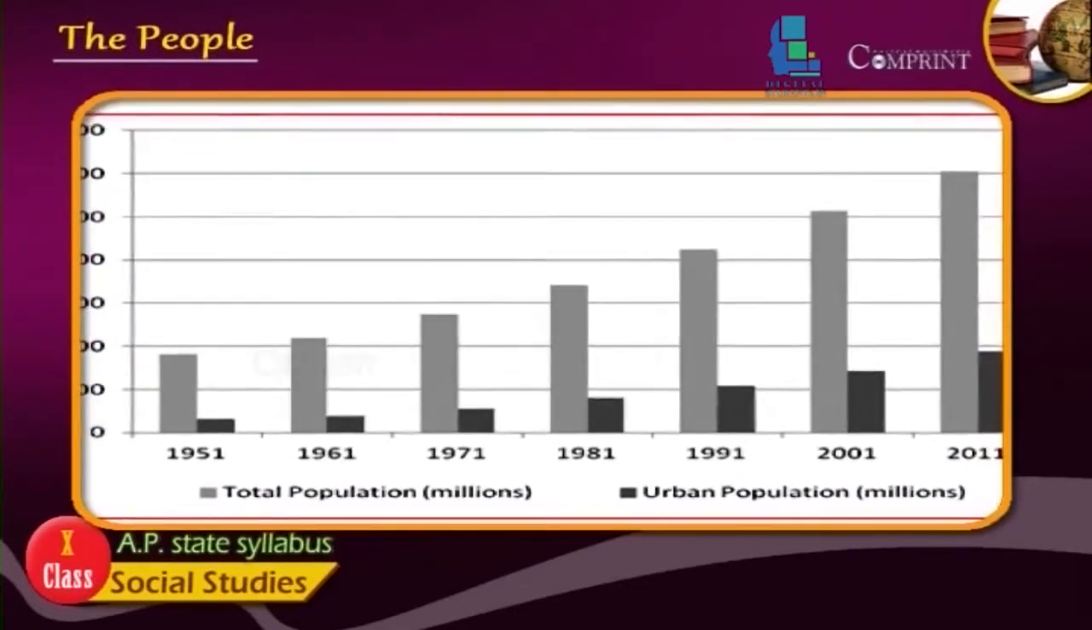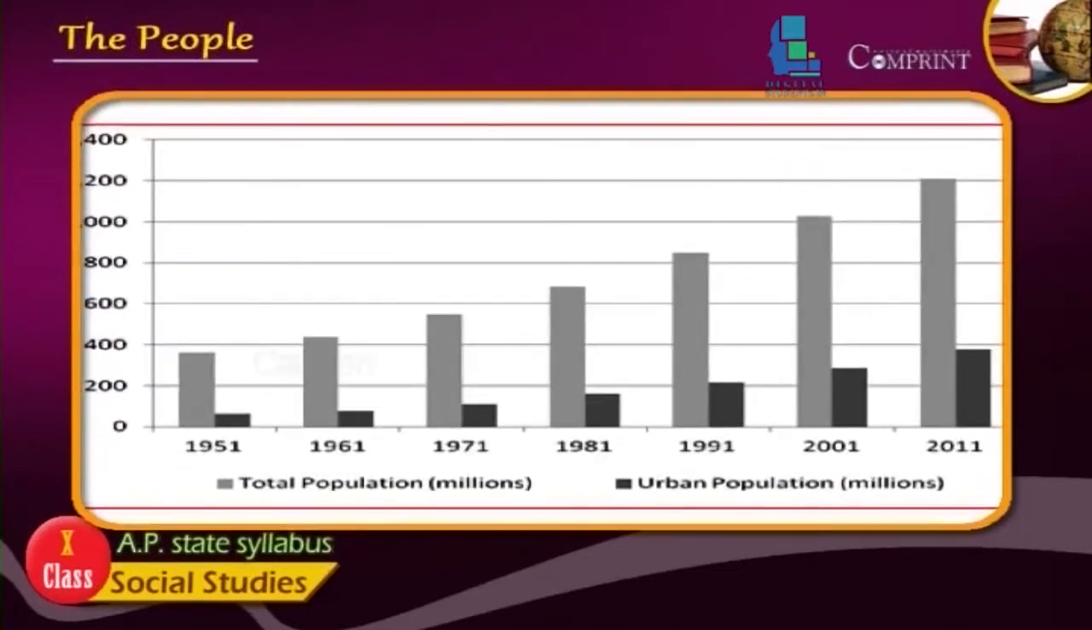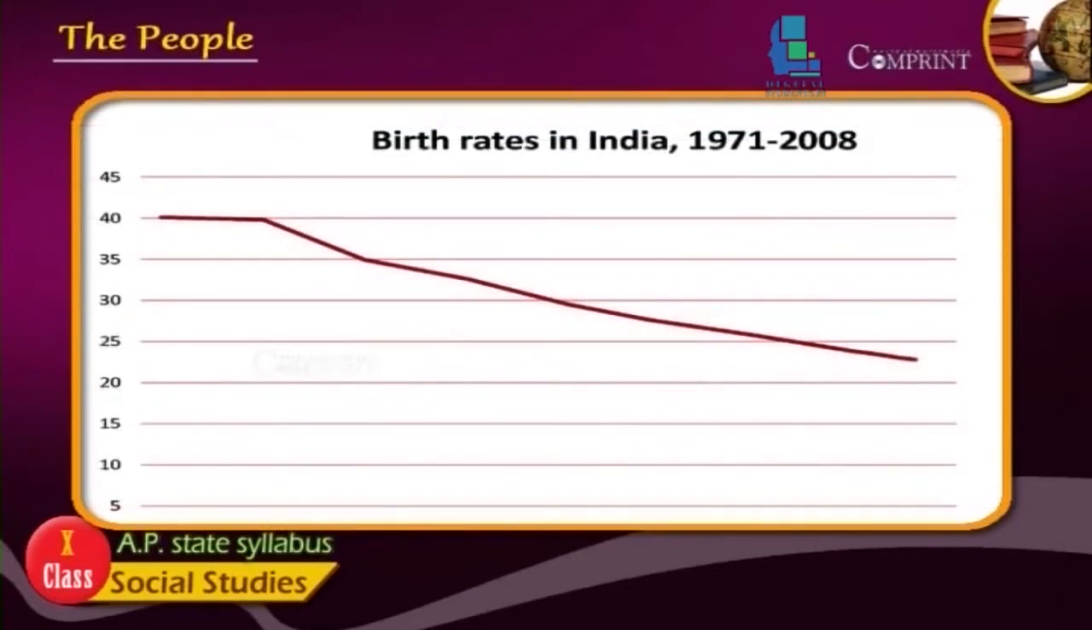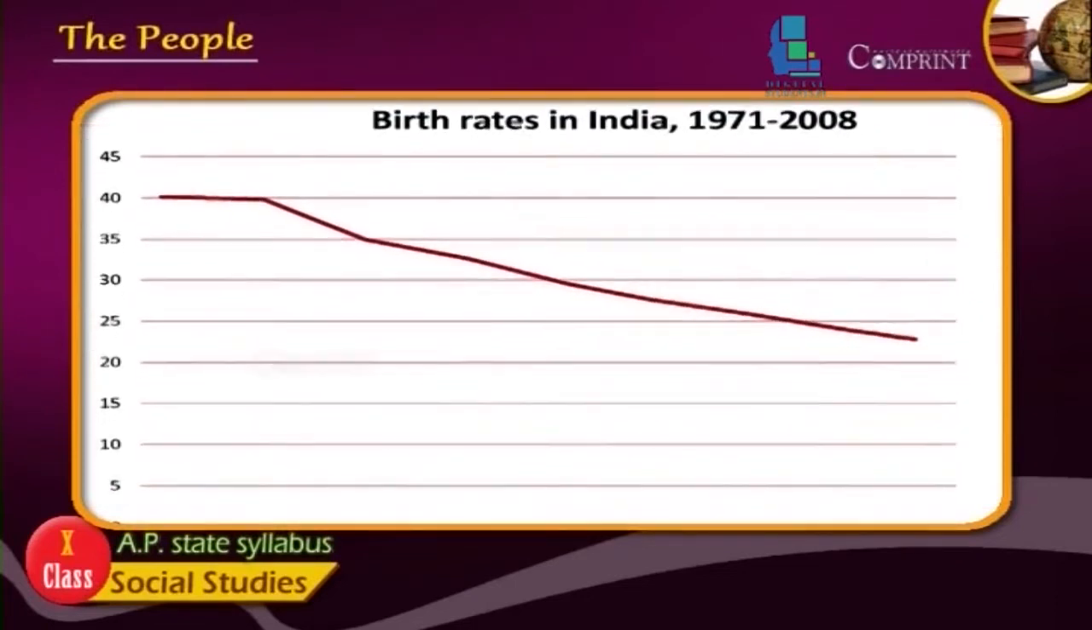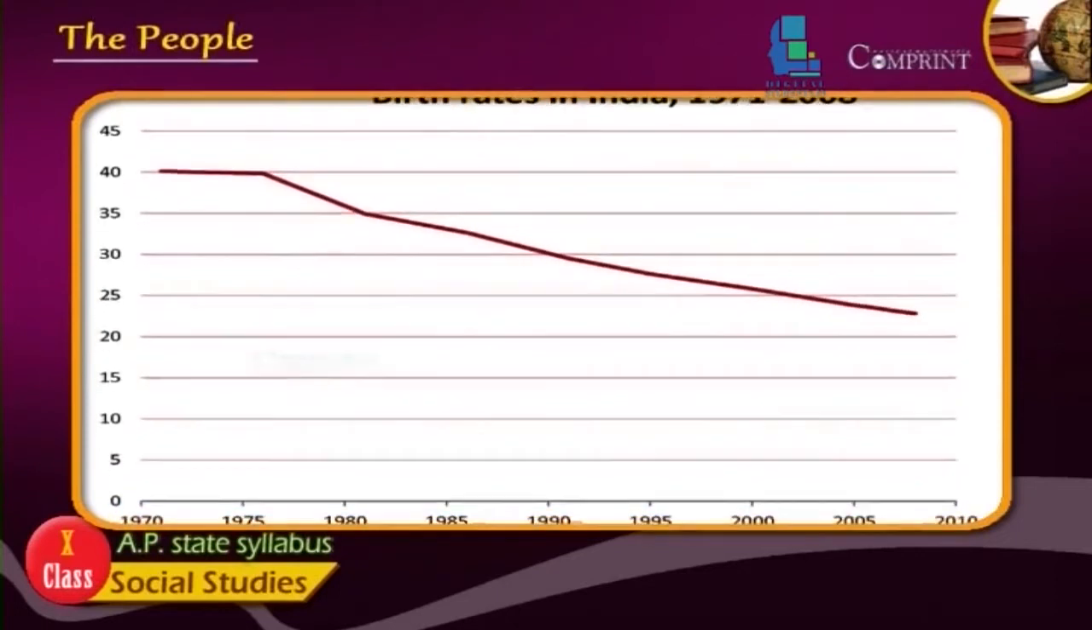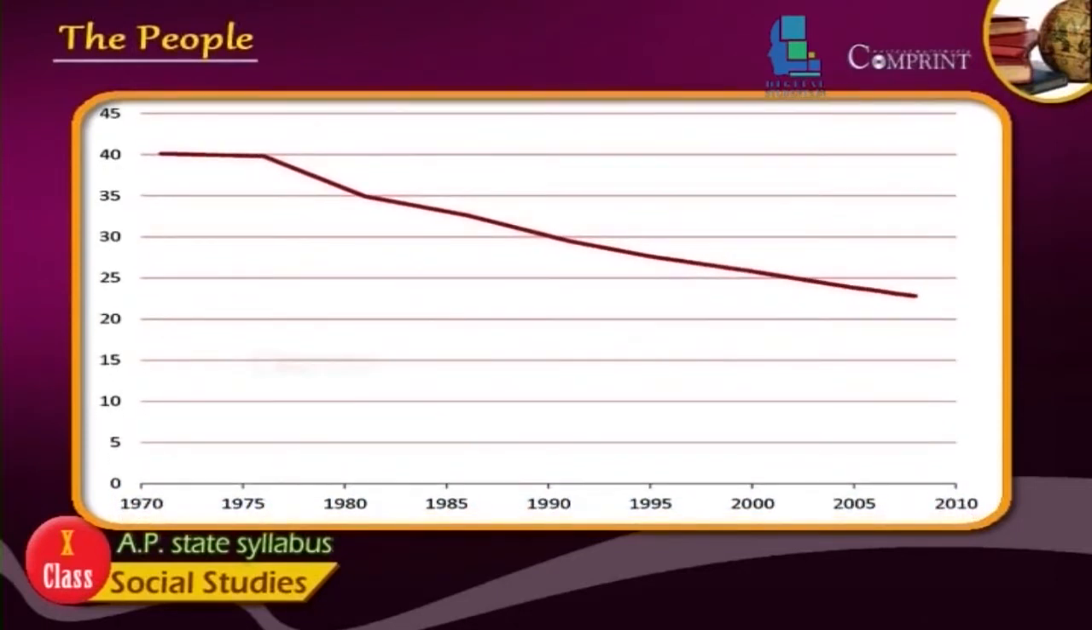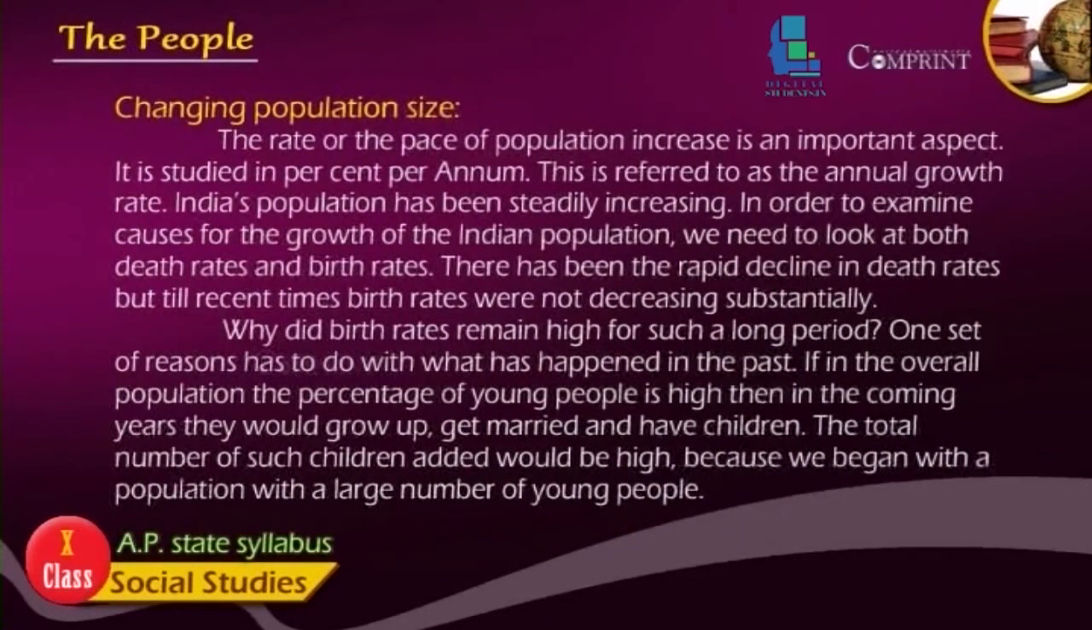In order to examine causes for the growth of the Indian population, we need to look at both death rates and birth rates. There has been a rapid decline in death rates, but till recent times birth rates were not decreasing substantially. Why did birth rates remain high for such a long period? One set of reasons has to do with what has happened in the past. If in the overall population the percentage of young people is high, then in the coming years they would